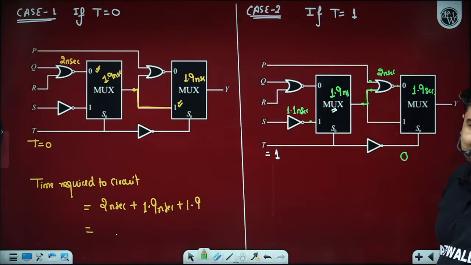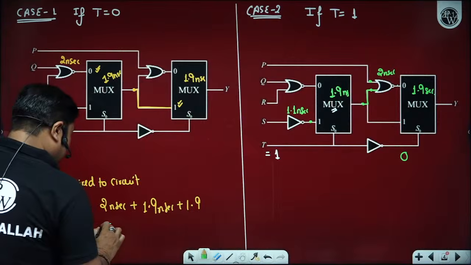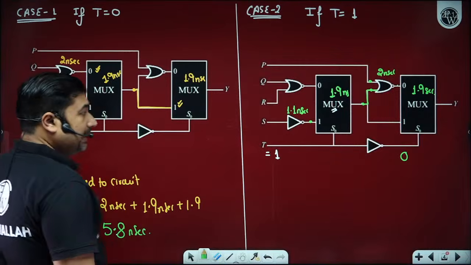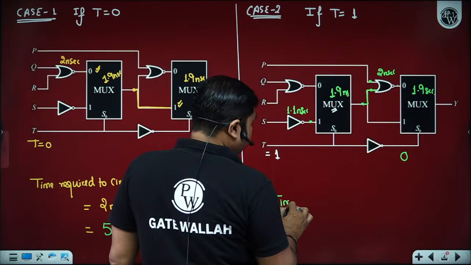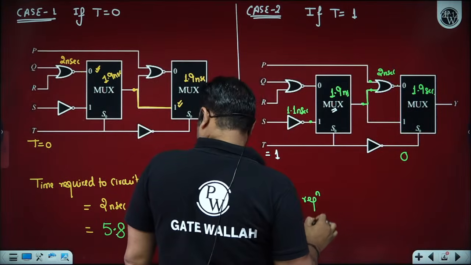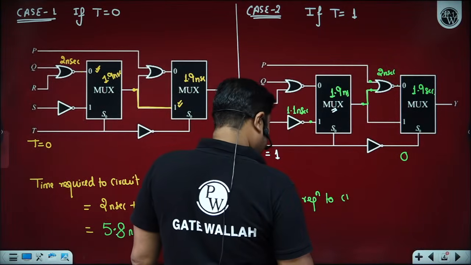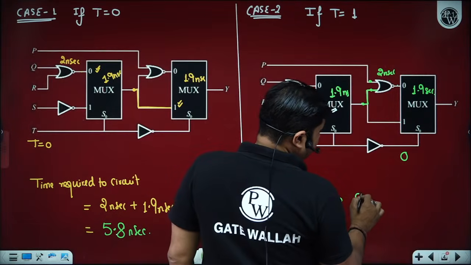Please observe. Beta ji, can you please tell me how much time is needed? 1.9, 1.9 and 2. So 5.8 nanosecond is this. The minimum time delay in case T is equal to 0 is 5.8 nanosecond. But what we are getting here, what is the time delay required here? Time required to operate the circuit satisfactorily